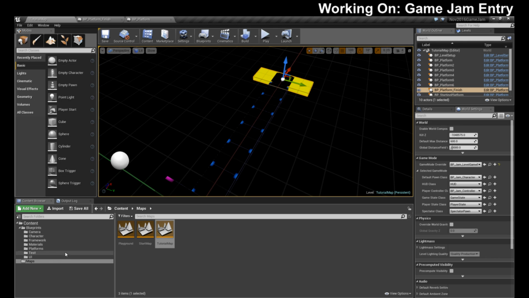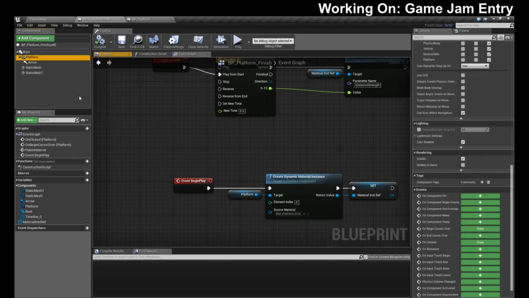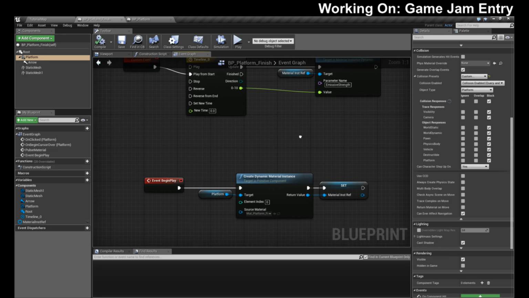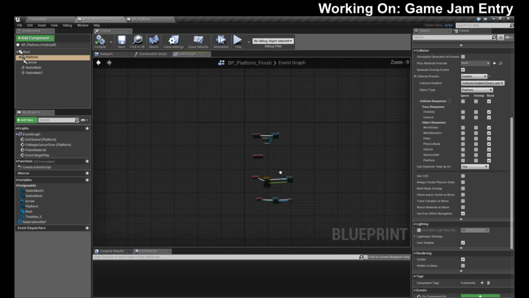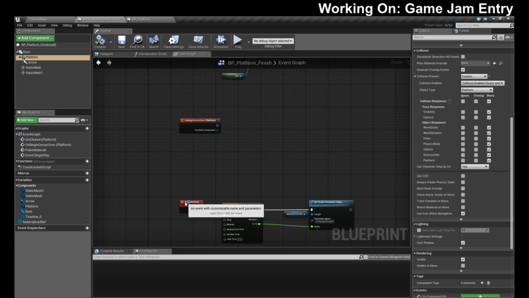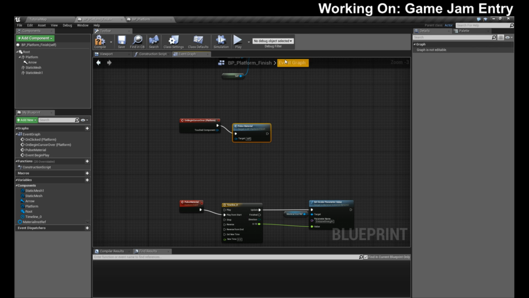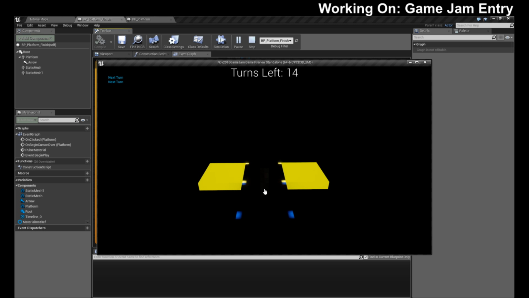Probably because I'm not mousing over the right platform. So where is my finished platform? Okay, so here's my finished platform right here. And I do have on begin cursor over, which should be working. And then when we do the cursor over, do I even... yeah. Go. Oh, I didn't tell it to pulse. So yeah, that would... It's always simple. Okay, let's try this again, shall we? There we go. Look, we pulse now.